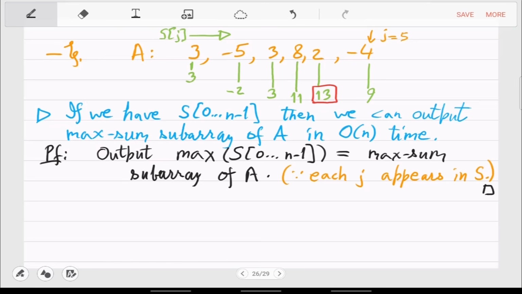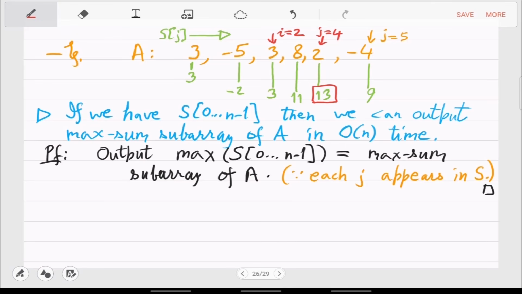Let's write that. Is it this? I equal to 2 and j equal to 4. Right, so if you want, you can keep track of the i's also. As you are evolving S, you can have another array, big I, and the big I array can store the i's corresponding to every Sj value.